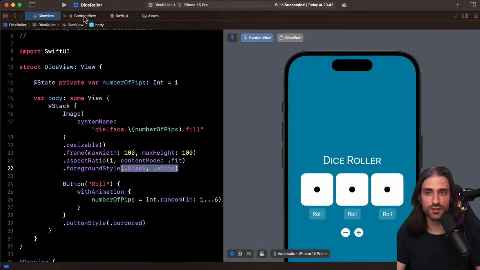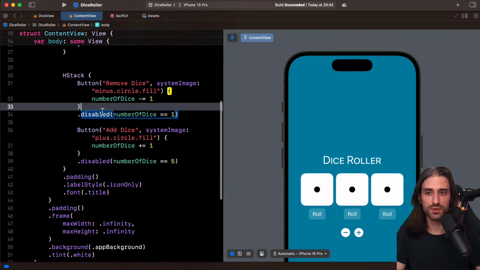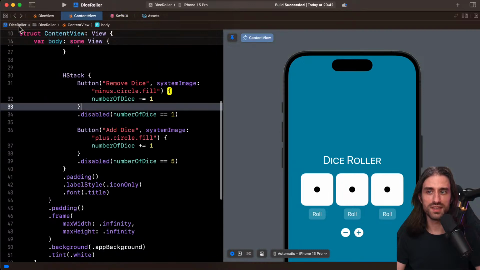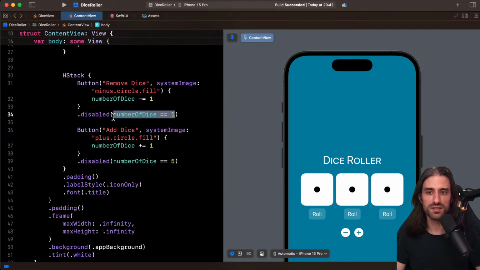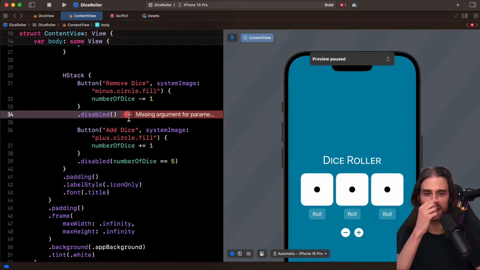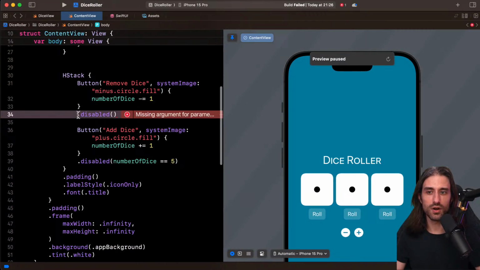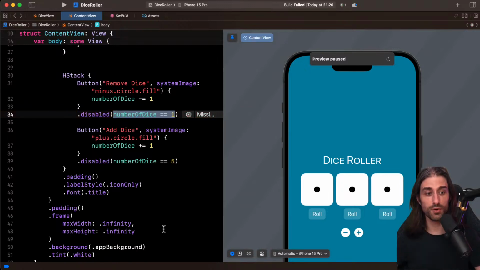So let's have a look here in the content view. Actually, no, it doesn't seem that you can just do disabled. It seems that you always need to pass in an expression. It makes sense that there is no shortcut, because having a button that is always disabled doesn't really make sense. The only reason to do it is as scaffolding, when you haven't finished building your app.